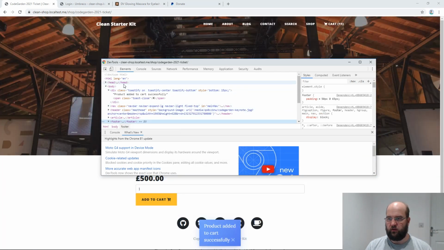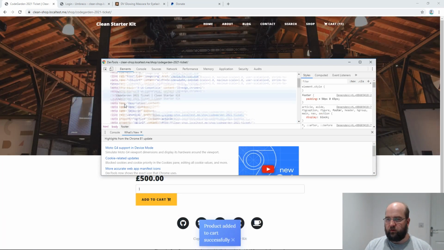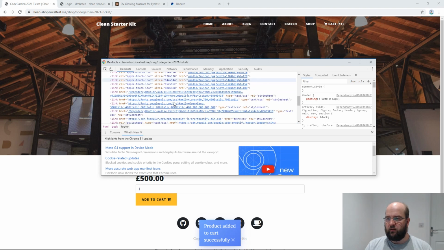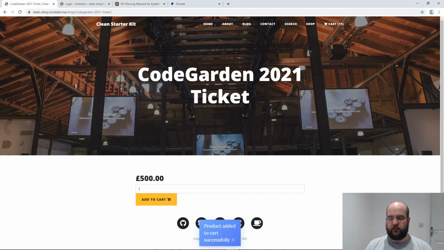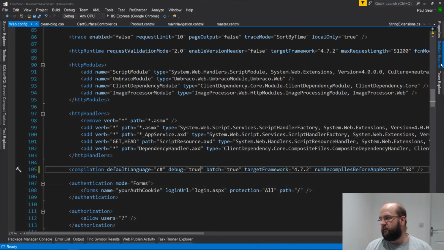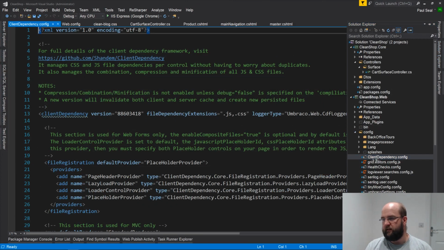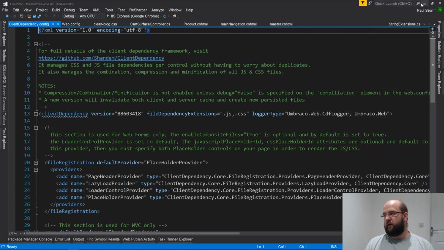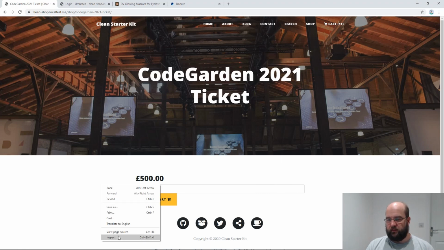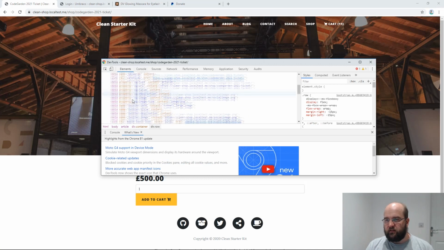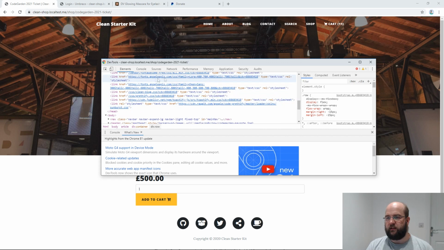So if I just inspect this and show you, in the head at the moment we've got link href. So this is a style sheet and it's basically the dependency handler. But now that I've just turned on debugging, if we refresh again, we'll see links off to all the individual style sheets. So that's one thing to help you out there. If you're trying to change the style of these things, it's not updating, you're updating the file, two ways of getting around it. You can increment the client dependency version by going in here into the config folder, client dependency, and incrementing that. Or you can just do it in debug mode locally, and if I inspect, that will just render out all of these individually. So you'll see these links off to the individual style sheets rather than the